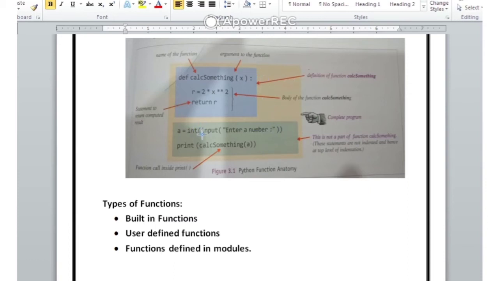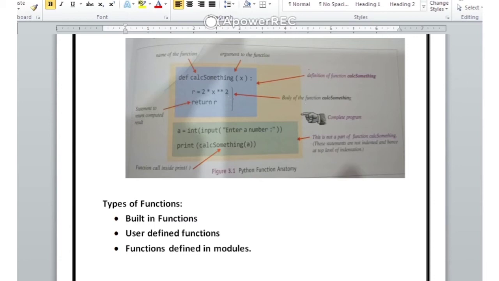Whatever value the user provides for a, for example the user has provided the value 5, the value 5 will be given here, and 2 into 5 raised to the power 2 will be calculated in this way.